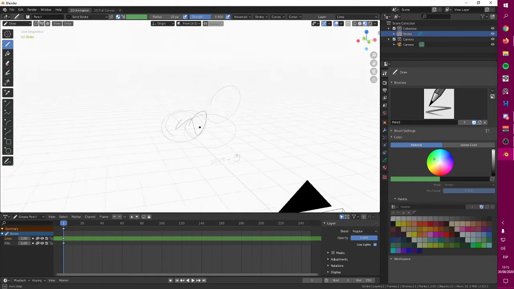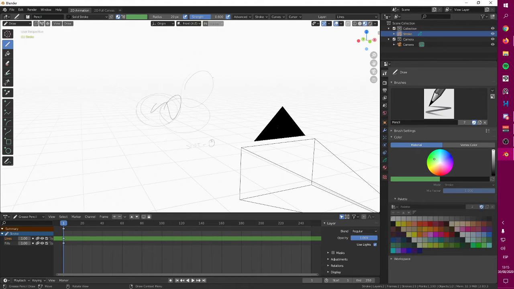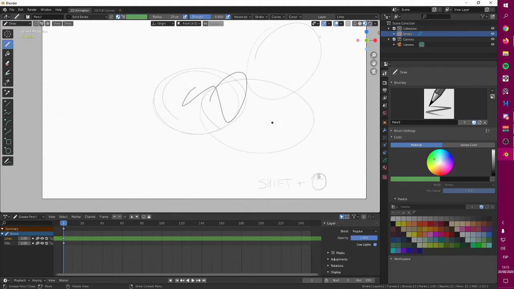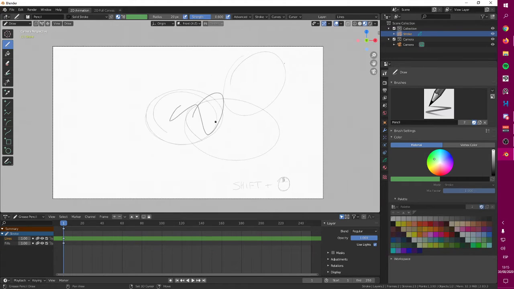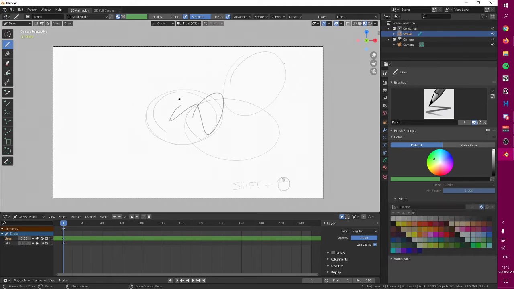So if you want to go back to the camera view, to your normal view, you have to press on your numpad the number 0. The number 0 is always going to bring you to this camera, to this locked position on your camera.